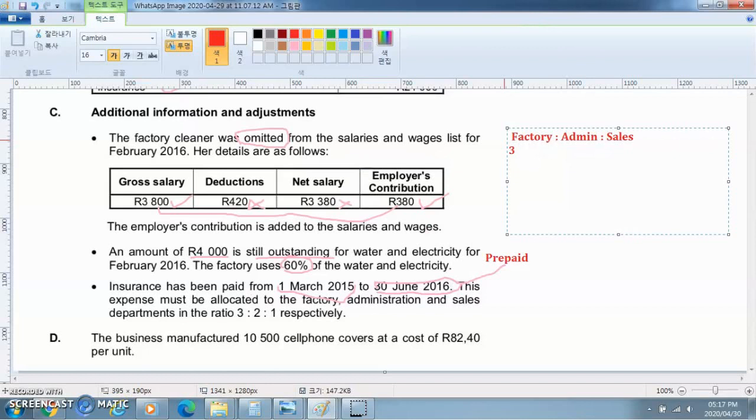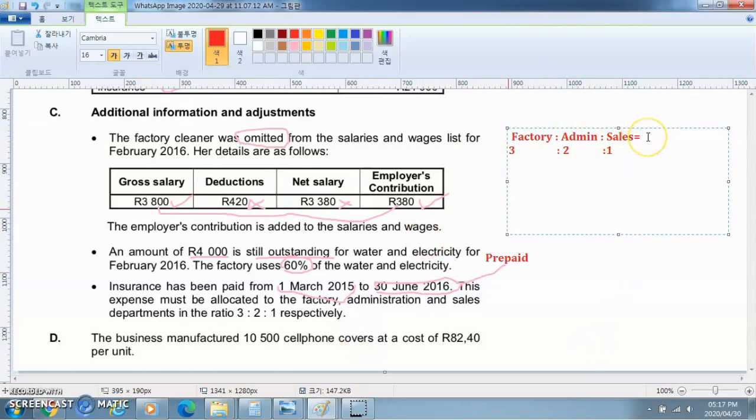3 is to what? Admin. For admin is 2, right? Okay. And then underneath this, I'll write 1. So the 3 is related to what? To the factory, right? The 2 is related to what? To the admin, right? The 1 is related to what? To the sales, right? Okay, so to get the total here, so the total here is most likely to be,